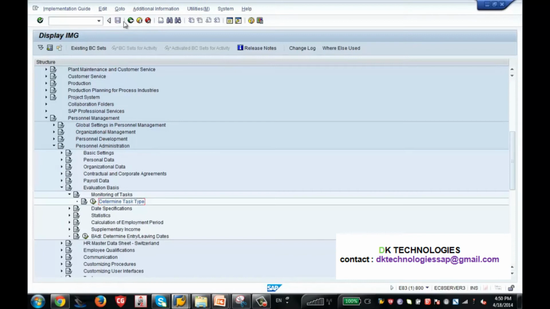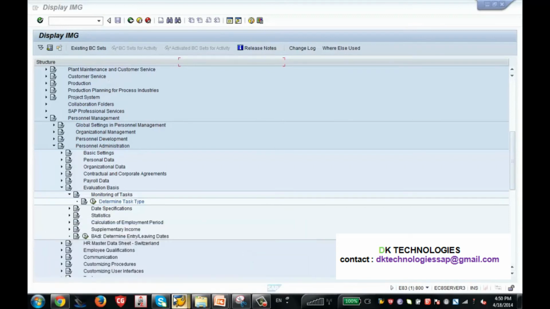Now let me go to info type 19. From this transaction screen, if you want to go to another transaction screen without disturbing this one, then, as I told you in the previous lecture, you have to enter /o and then whatever transaction code you're trying to go to. I'm trying to go to PA30, because that is the transaction code which shows you the info types. So I entered /o PA30. Now I am hitting enter.